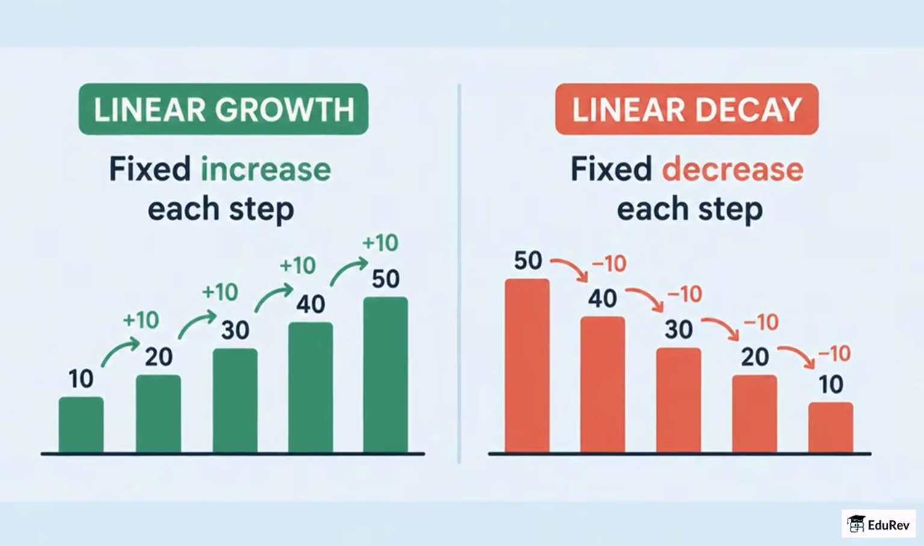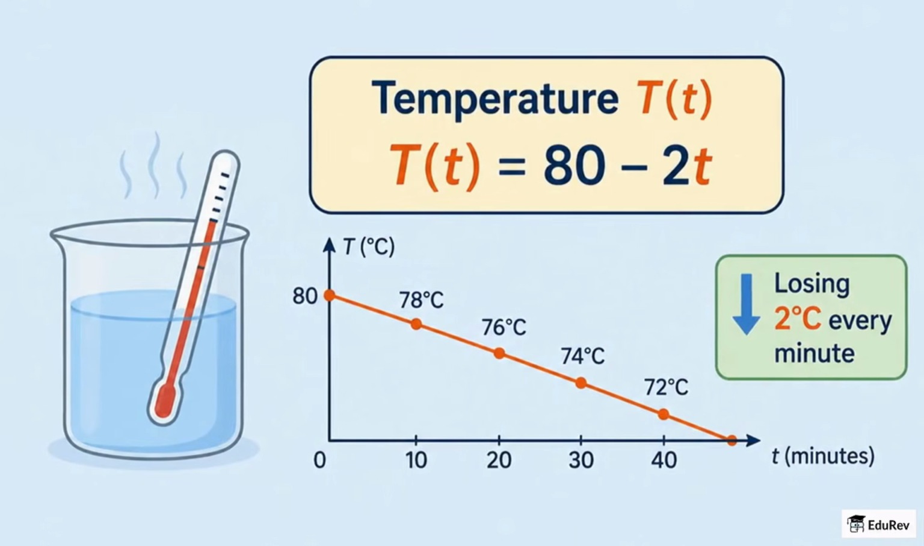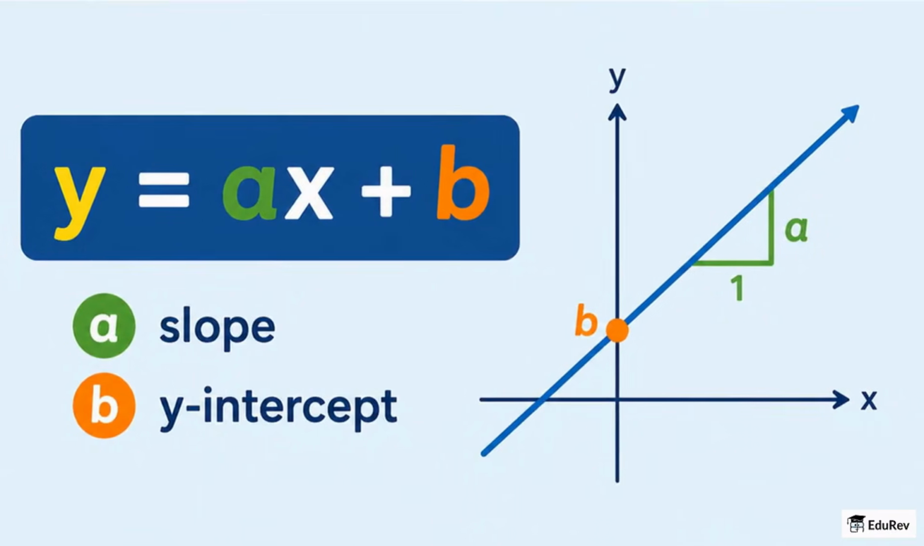Linear growth means a fixed increase over equal steps. Linear decay means a fixed decrease. For example, temperature T of a liquid might be T(t) equals 80 minus 2t, losing 2 degrees every minute. A linear relationship between x and y is written as y equals ax plus b, where a is slope